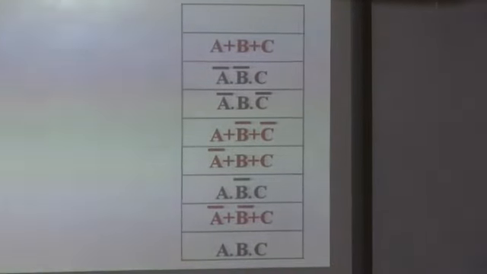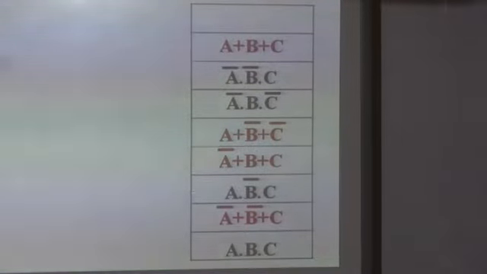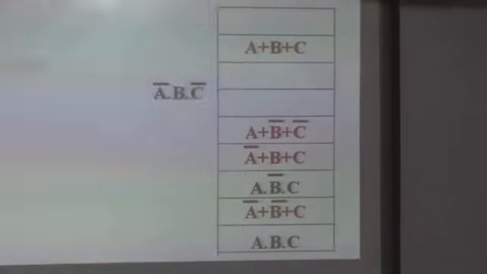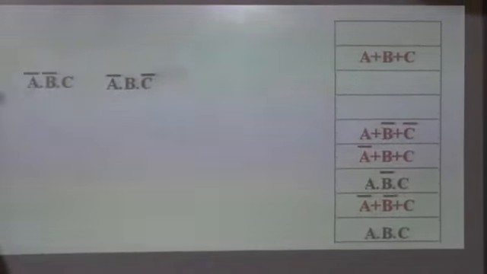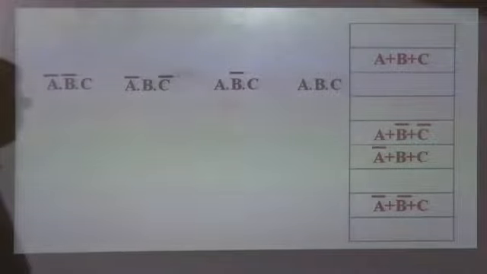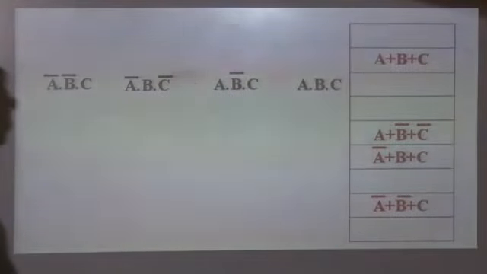Now let's bring them out and form a single expression. So first we deal with the min terms. Let's take the min terms out. So we have taken out A complement, B complement, C. Let's take out the next one, A complement, B, C complement. The third one, A, B complement, C. And finally the fourth one, A, B, C. So these were the products. Each one is the product. Now we find the sum of them.